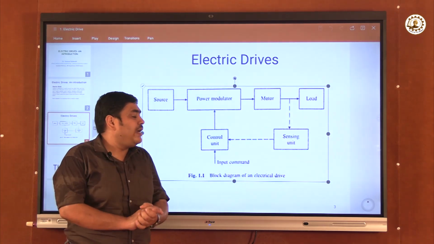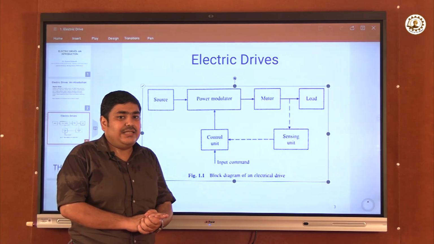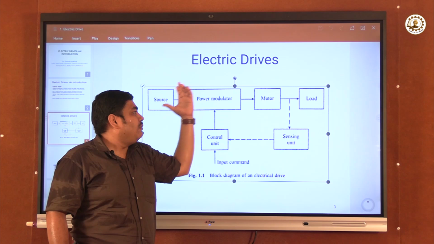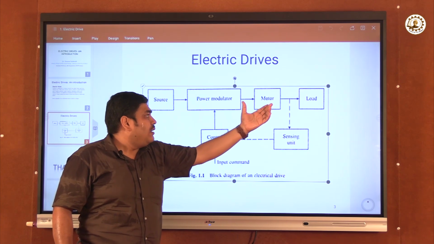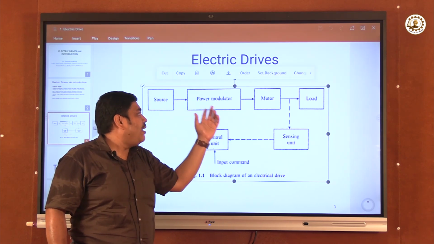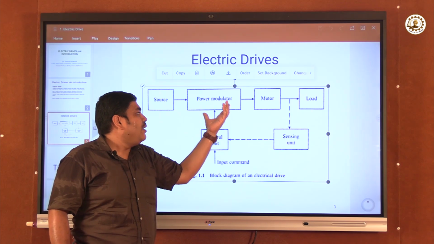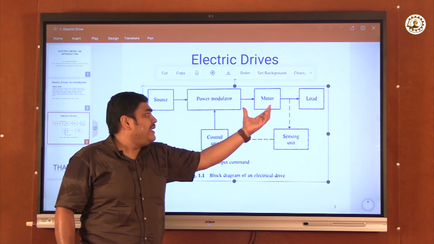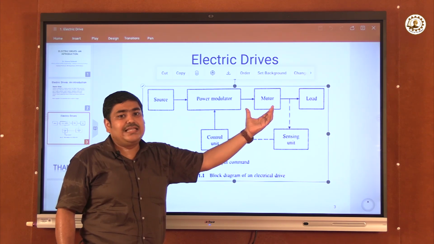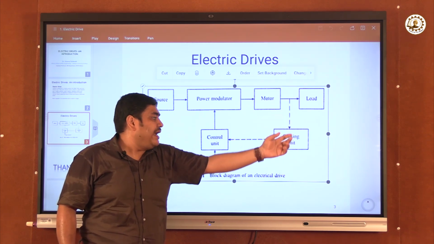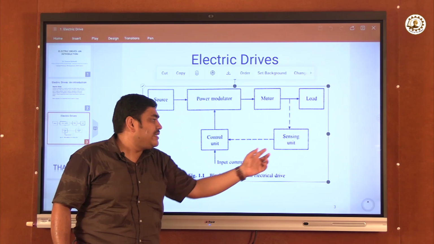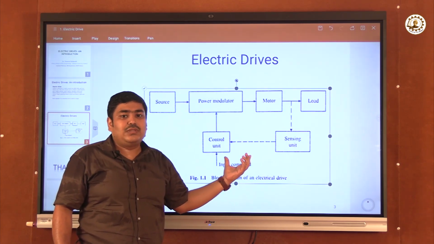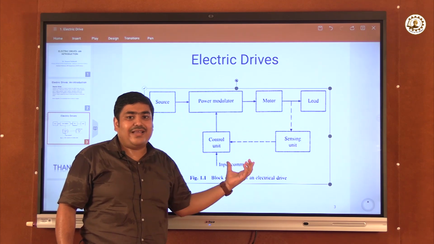This is the basic block diagram of this drive unit, where the motor is connected to the load and power is fed to the motor via this power modulator, and the power modulator protects the motor and feeds whatever power is required by the motor unit. And there is additionally a closed loop control system by which the speed of the motor is smoothly controlled and the overall drive system is